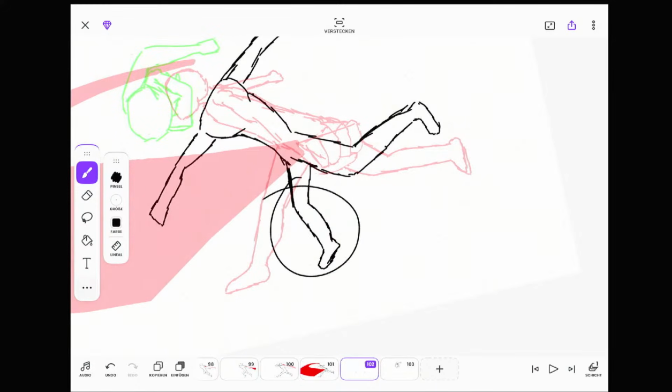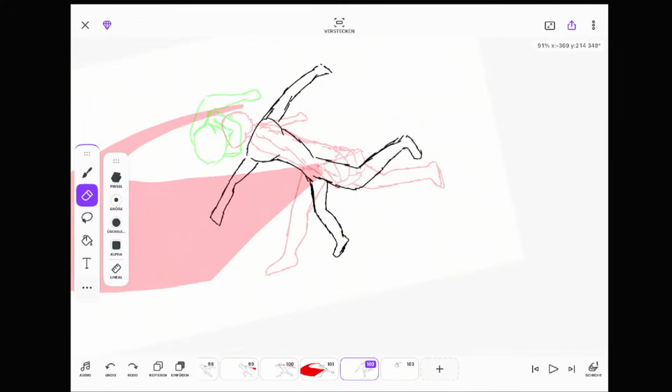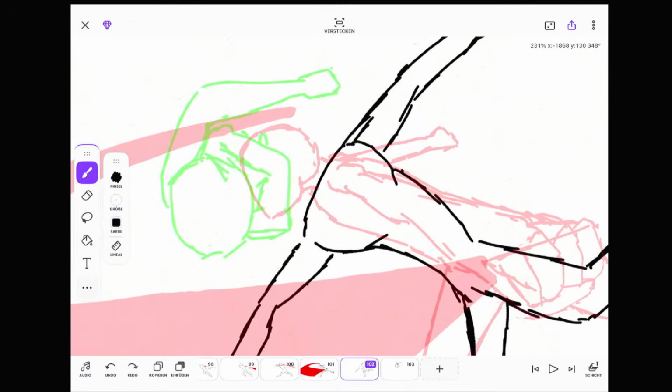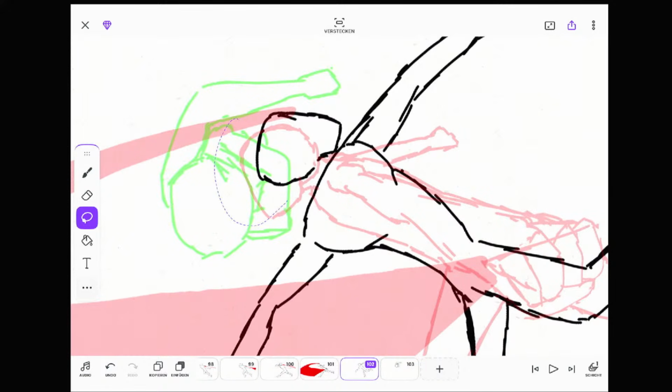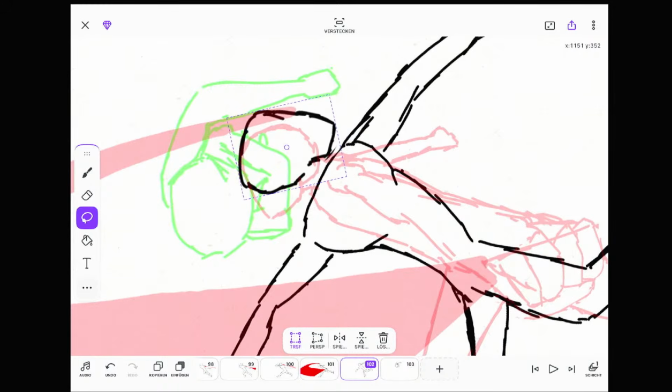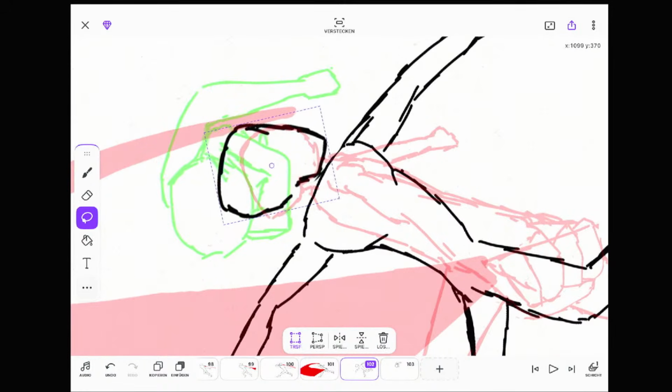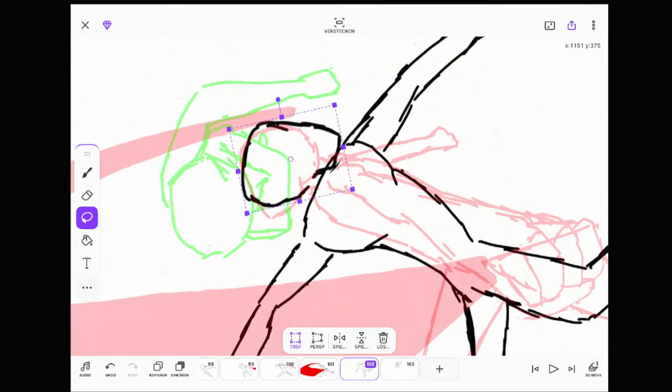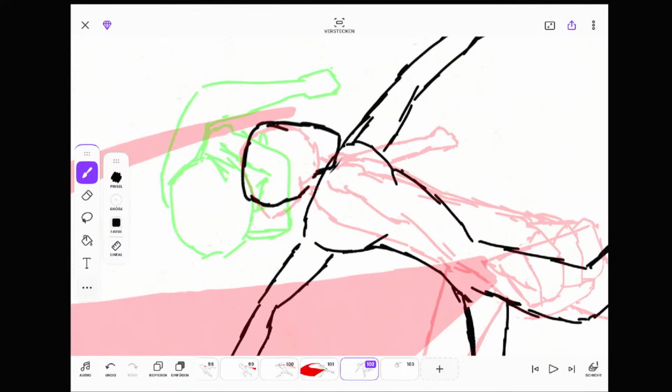Okay, maybe this leg, I need to change that. I can do that later. Not only look at his side.